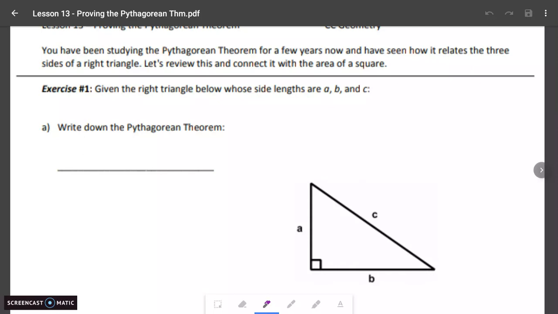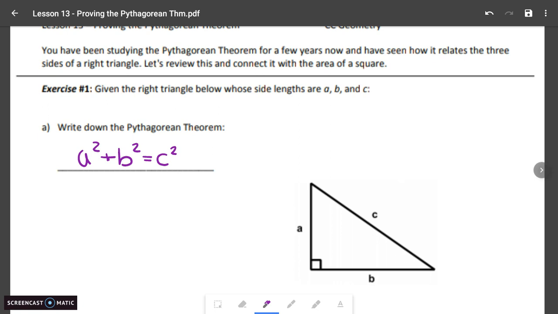In this video, we're going to look a little further at the Pythagorean theorem and some other properties of right triangles that we can get. So just to start off, we're going to write down our Pythagorean theorem, which we know at this point is a squared plus b squared equals c squared. So basically, anytime we have two sides of a right triangle, we can always find that missing third side by